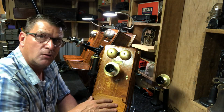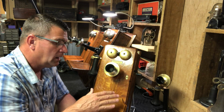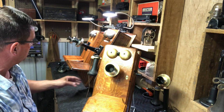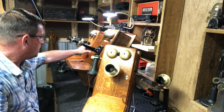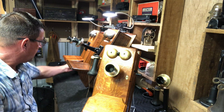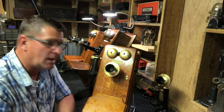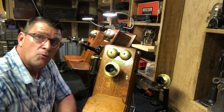Few things that I've learned. The shelves are not all the same. Again, a 1908, 1909 shelf is made differently than a 1907, even though they're picture frame. The non-picture frame 1911 is a shorter shelf too when it comes to the angle bracket at the bottom. There's some things that I've had to learn along the way. Again, not every piece fits and it's time specific. So if you want to stay authentic,